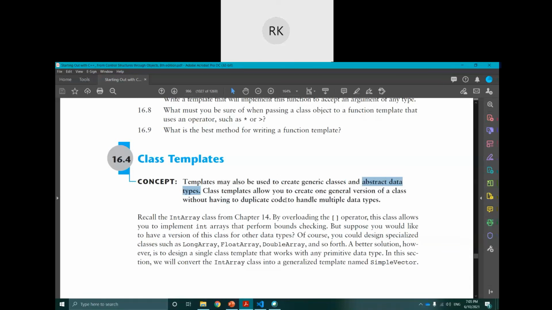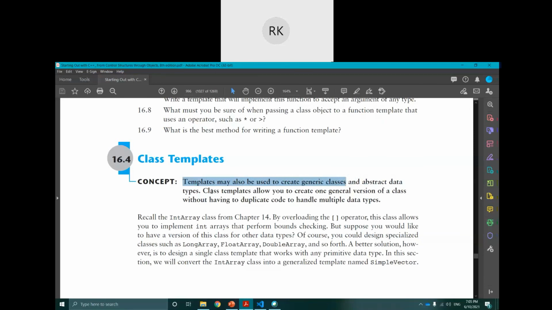When we are defining a class, inside the class we are using different types, like private int length, int width. These int are data types. So when we use generic types in a class, then the class changes to a generic class, and we will call that a class template.